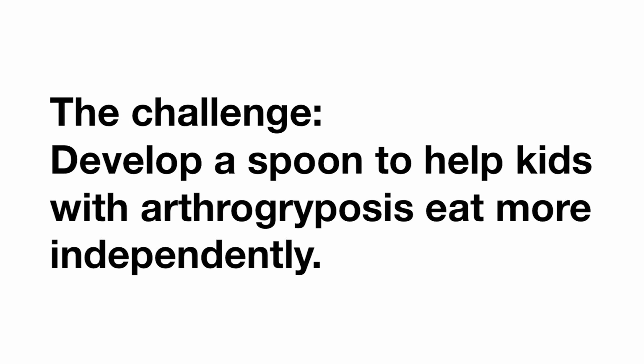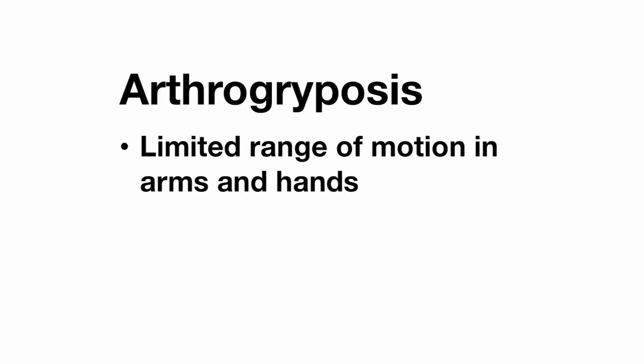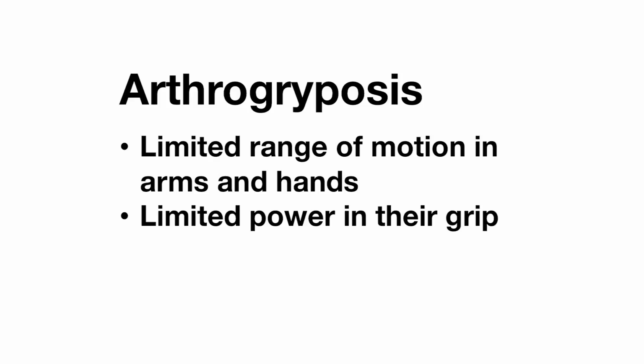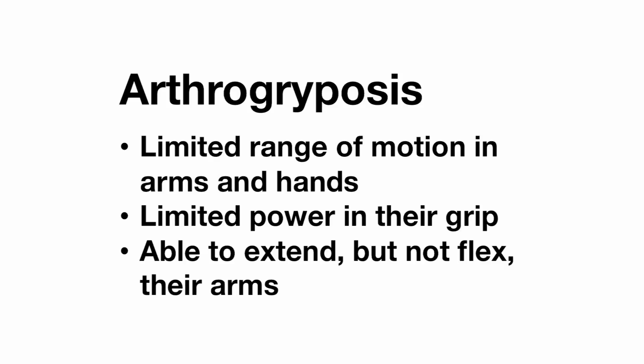We're going to illustrate a screening Pugh matrix by evaluating ideas generated by students at Rice University for a Design with Disabilities project. The challenge presented was to develop an eating utensil, specifically a spoon, to help kids with arthrogryposis eat more independently. Individuals with arthrogryposis have limited range of motion in their arms and hands, as well as power in their grip. These individuals are able to extend their arms, but they're not able to flex their arms. In other words, they struggle to bring their hand to their mouth, thus limiting their ability to feed themselves